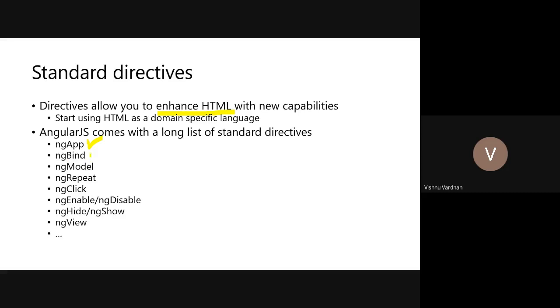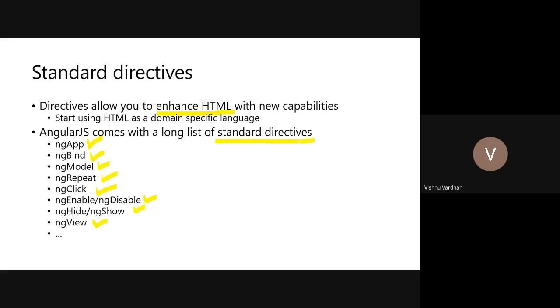Then for binding operations we have ng-bind. To represent a model you can take ng-model, then ng-repeat, ng-click, ng-enable, disable, ng-hide, ng-show, ng-view. There are so many Angular standard directives that are given to you by default, but they are not limited to those only. You can create your own custom directives also.